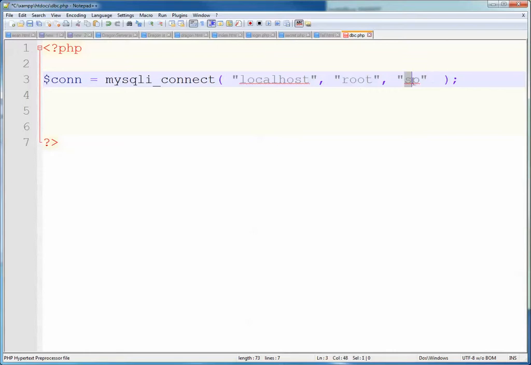I'm going to have to go into XAMPP and change the password to SP later, just in a few minutes. The last thing I want to do is specify the database that we're going to connect to. I created in video number 1 a database called members. So I'm going to go ahead and put that there, members. Okay, so now that's what we call a connection string,